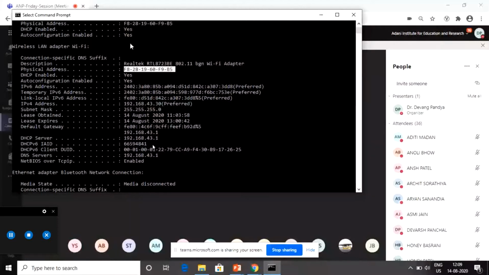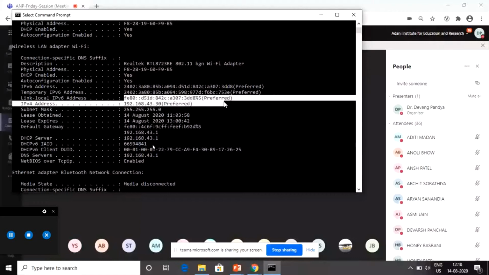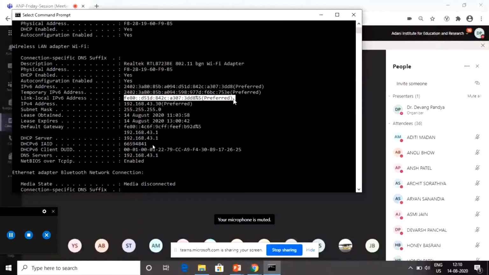In Linux or Ubuntu, you can see your physical address, and from that physical address, are you able to generate the link local IPv6 address? In Windows, it does not exactly follow that protocol. We will also talk about that, the link local IPv6 address.